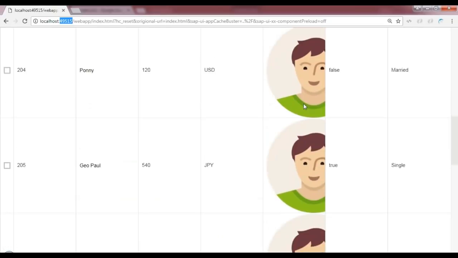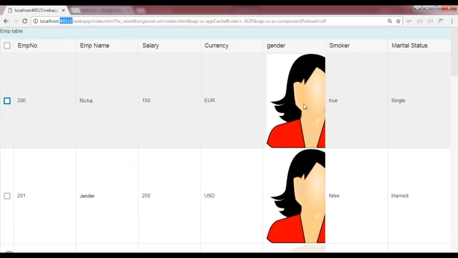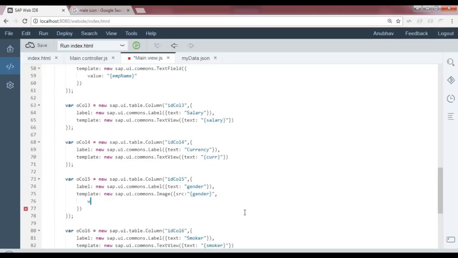So you see male and female icons are now popping up inside your table, but it has distorted the table because of the size of the icon. So we can control this size quite easily. We can come back to our image control, put a comma, and then control the width and height property for the image. So width,